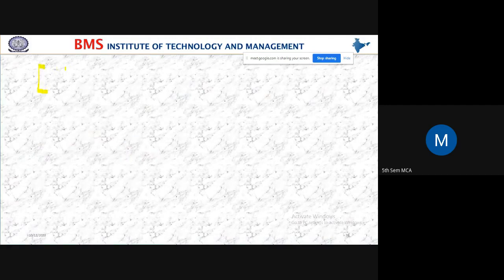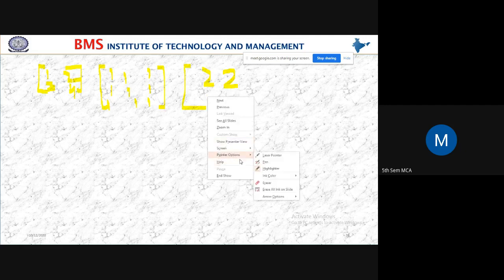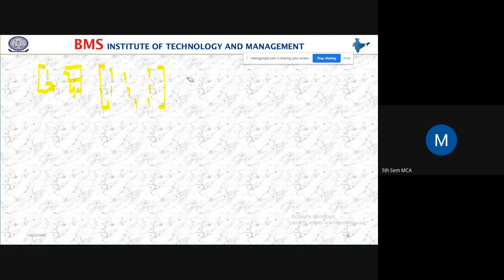It may be 2 cross 2, 3 cross 3, 2 cross 3. Yes, we write arrays like this.